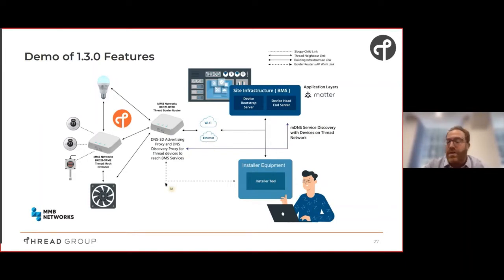So just to take you through the architecture drawing quickly, in the center you'll see one of MMB's new Thread 1.3 compatible products, our BRD21. And this is a Thread border router that can connect between a Thread wireless network as well as the on-premise local Wi-Fi and Ethernet IPv6 infrastructure. And so now with these new Thread 1.3 IPv6 reachability features, we can actually create connections locally in the building